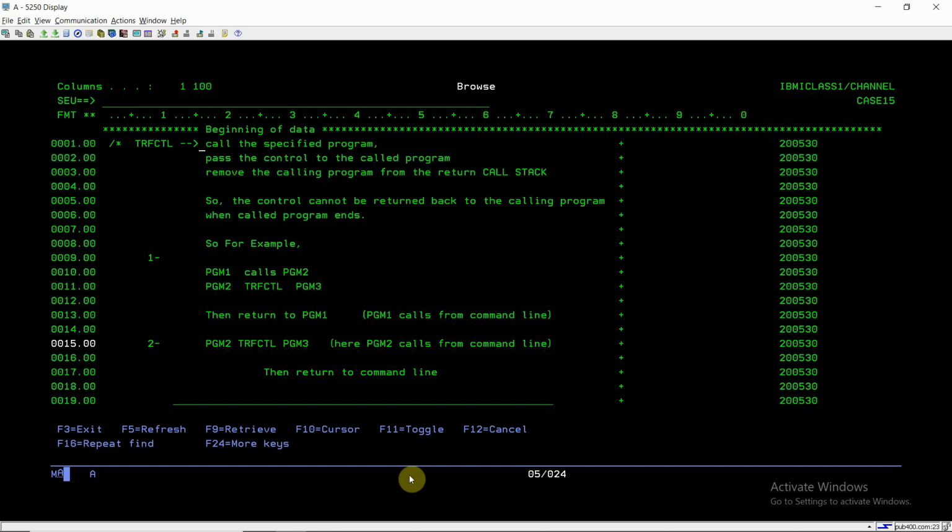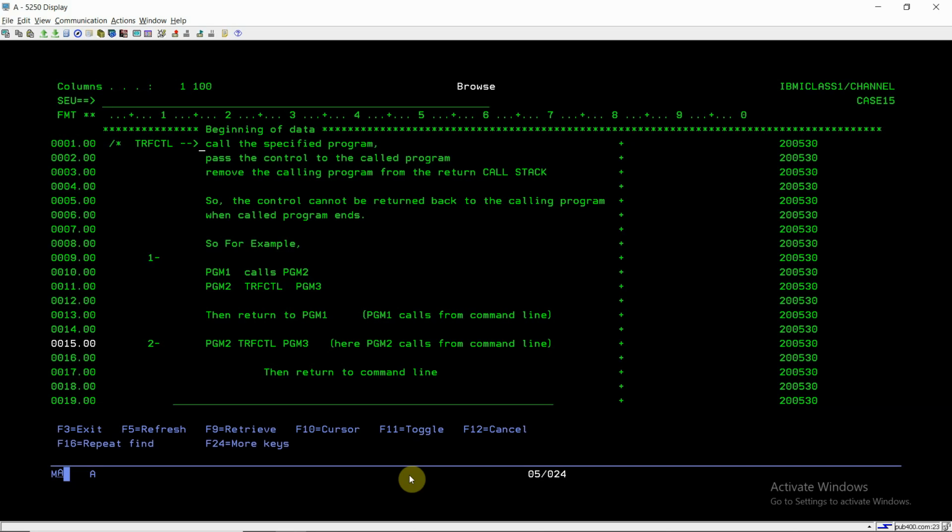Now, what does TRFCTL do? TRFCTL removes the calling program from the return call stack. It will remove the program from where the TRFCTL command gets invoked.